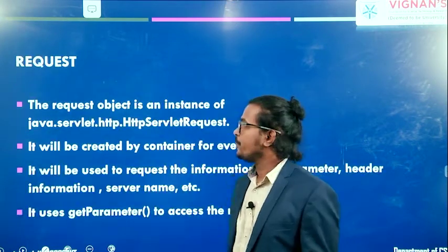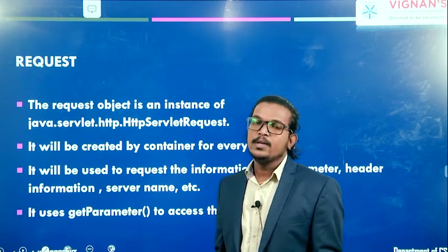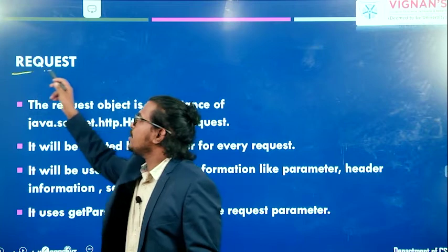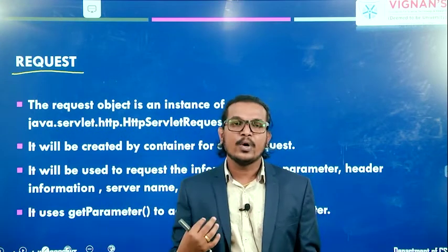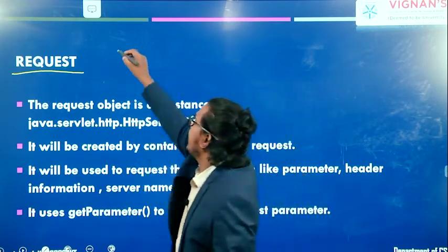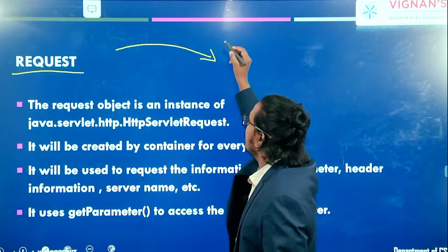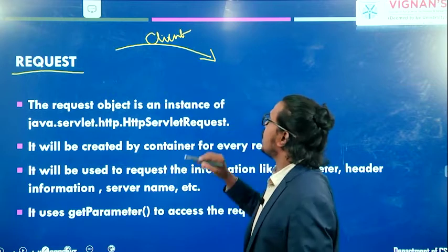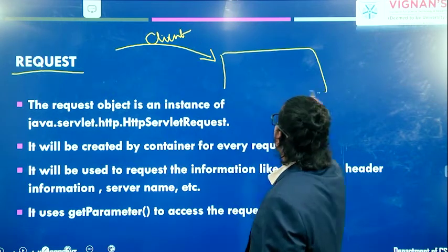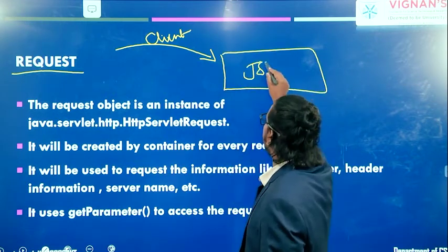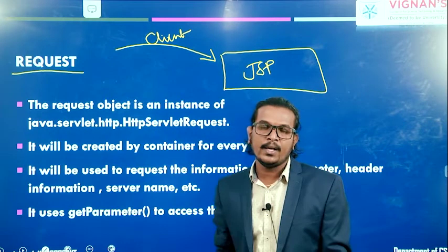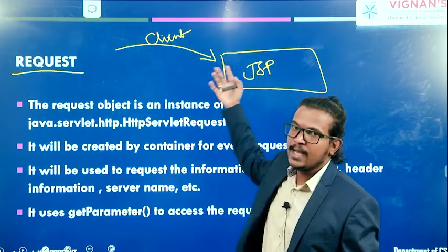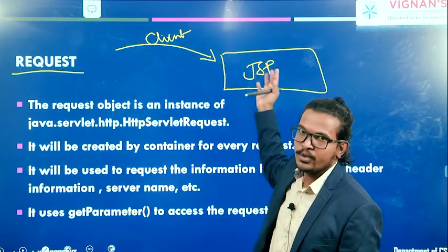So next one is the request object. With the help of this request, we are getting the information from the client machine. You are sending some information to the server machine, right? This is called the client machine, and you have the server machine. In this server machine we have the JSP engine, Coyote. Coyote is the JSP page engine. With the help of these components,